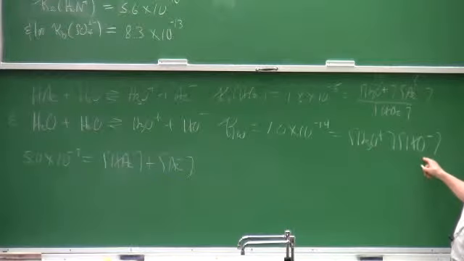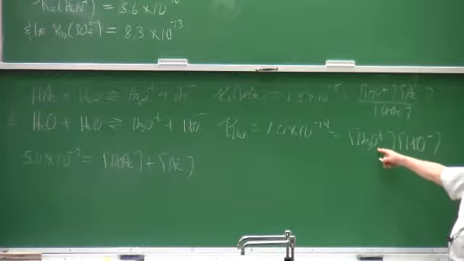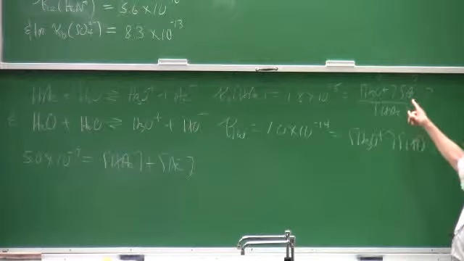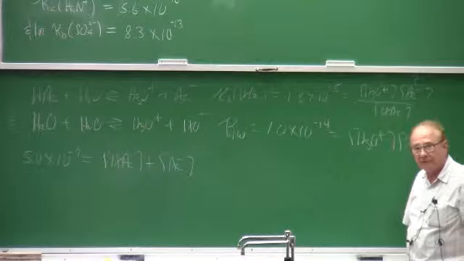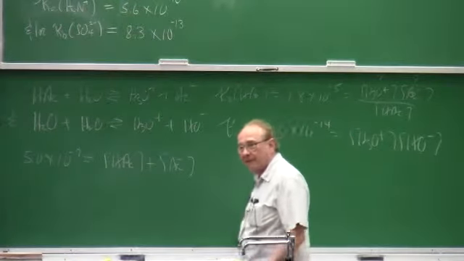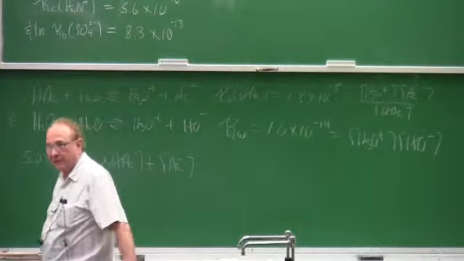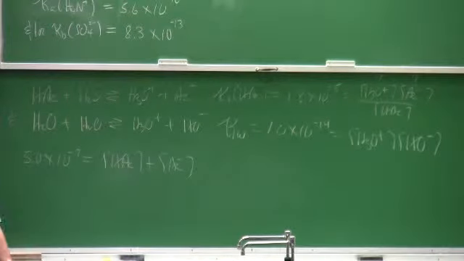If I know this, is this an unknown? Heck no! Because this is Kw divided by this one. So this is not an unknown. So I now have two equations and two unknowns. Can I solve? Absolutely. But by taking advantage of charge balance, you can solve this quite expeditiously,